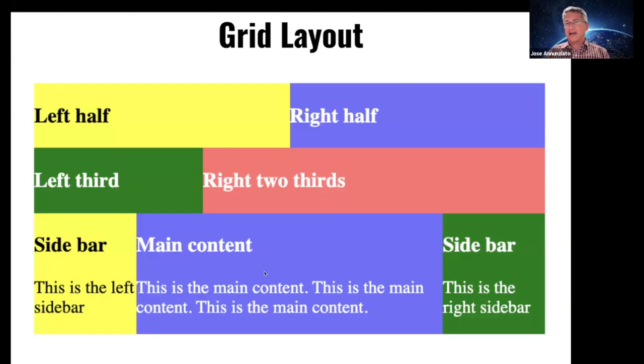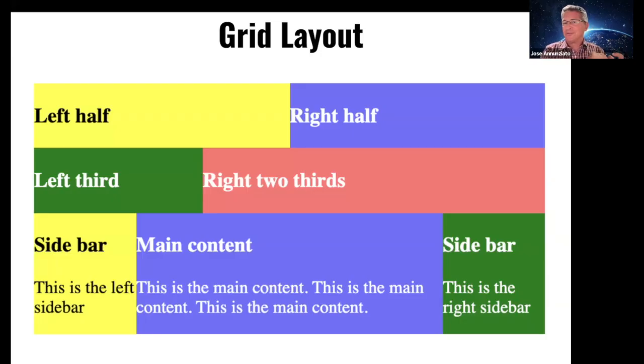Or another very common way of laying out things would be to have a center main content that takes up most of the width of the screen, and then two sidebars, one on either side, maybe main navigation on the left side and some secondary navigation on the right-hand side. And there's any number of ways of laying this out. And it would be very convenient if this followed more or less the same kind of structure as a table, where you have rows and columns, and you can maybe define the relative sizes of columns between them,